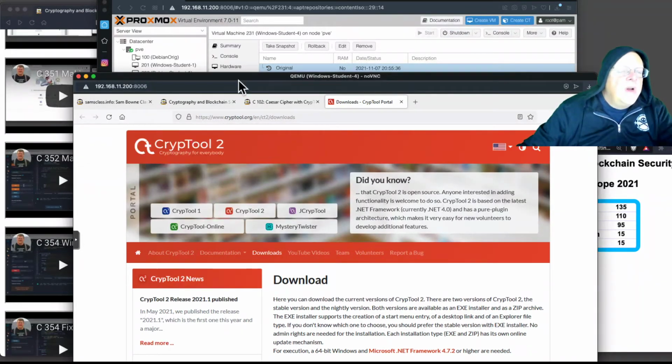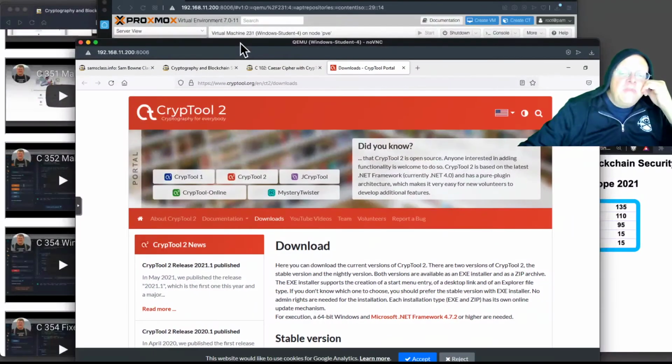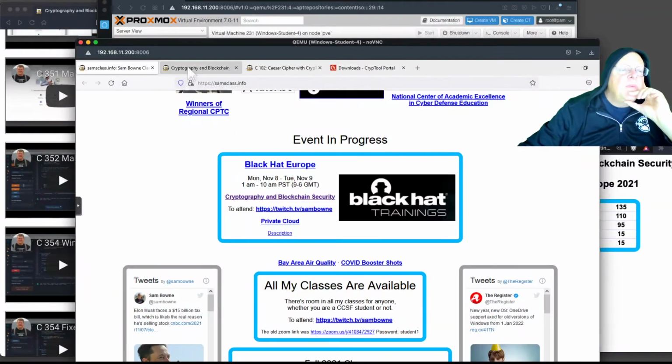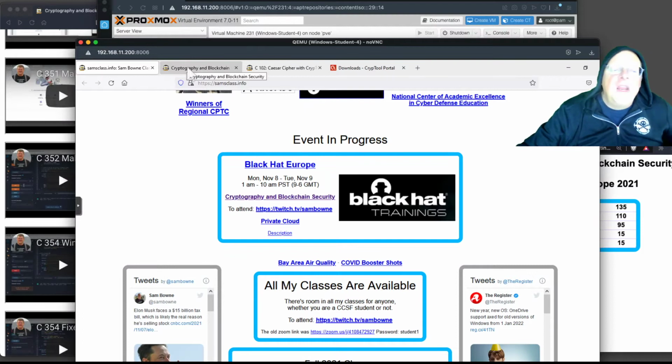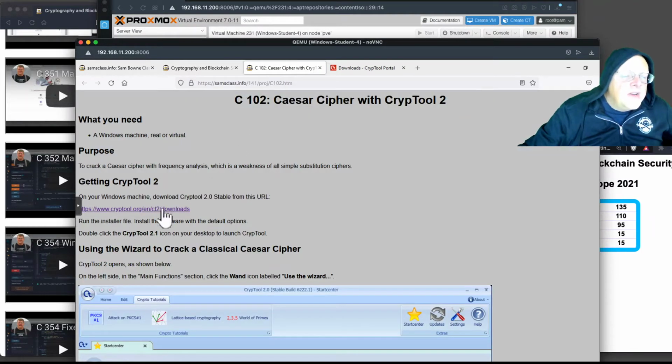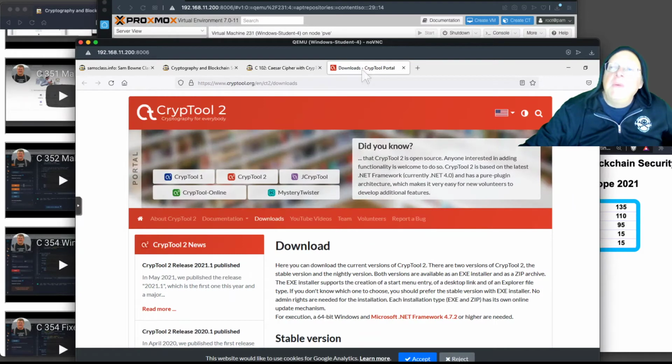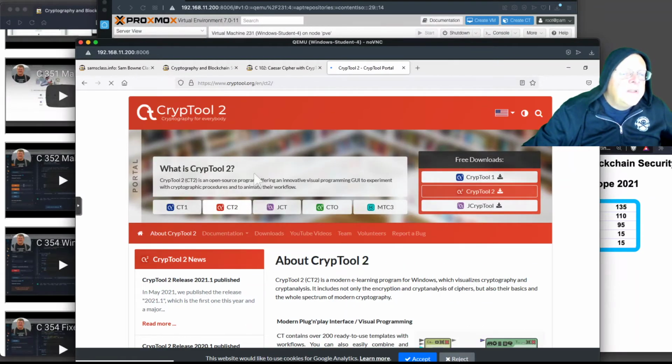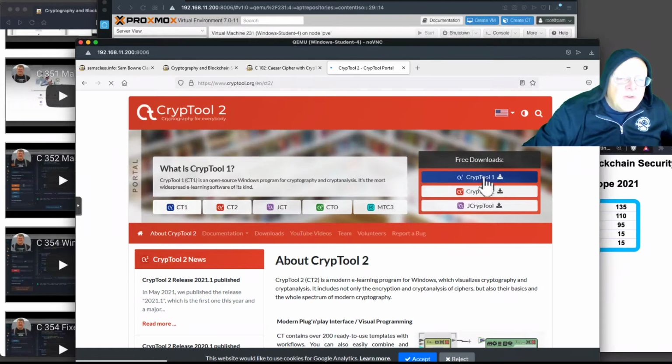And so I can't copy and paste into Proxmox, but I can open the web page inside here and copy and paste within it. So that works. So I'm going to Caesar Cipher, and that has a link to download the Crypt tool. This is a tool written by, I think, German bankers to train people about cryptography, and it's really very handy. So we're using Crypt tool 2 and download Crypt tool 2,